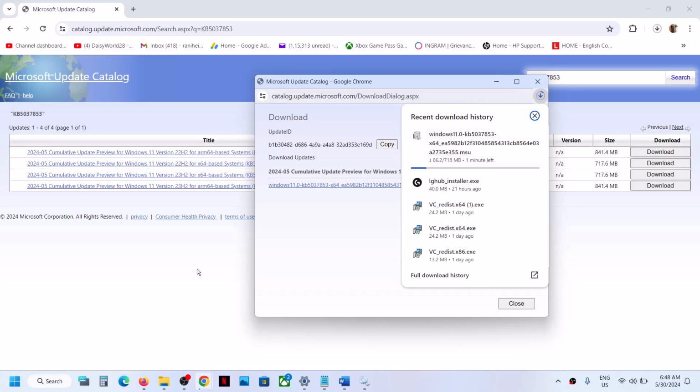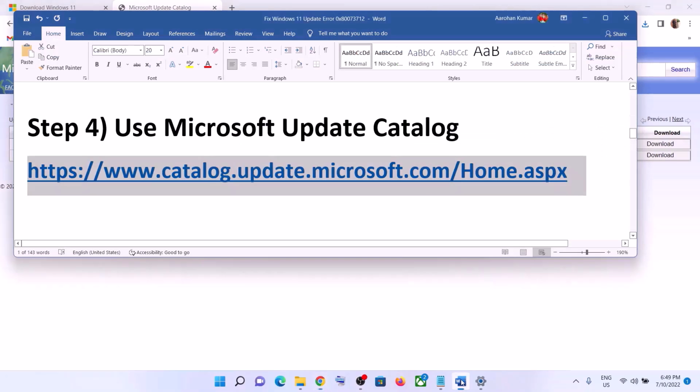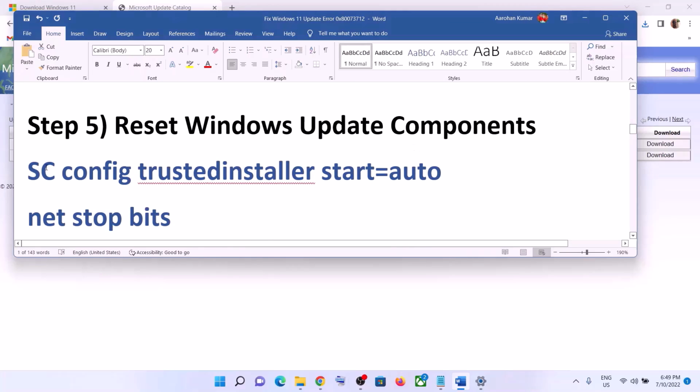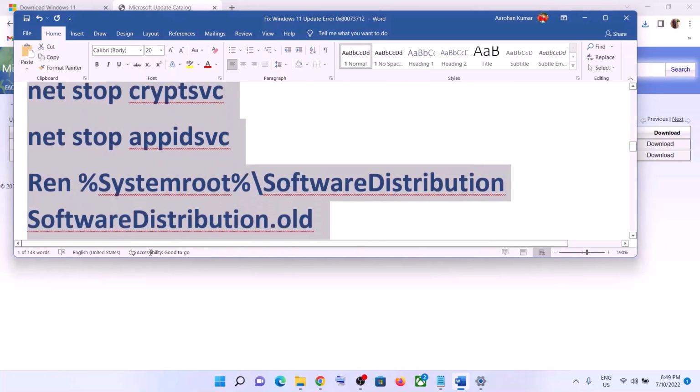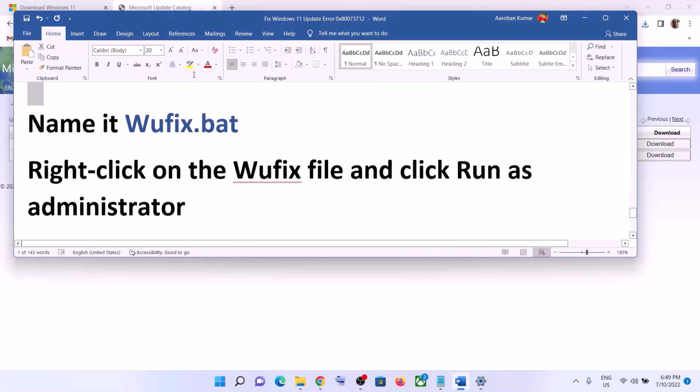You should be able to update your Windows 11, but if you are still unable to update, then please follow the rest of the steps shown in this video. Still you are facing the problem. In that case, you can reset Windows Update components. For this, copy all these commands. These commands are provided in the video description. So copy till here,